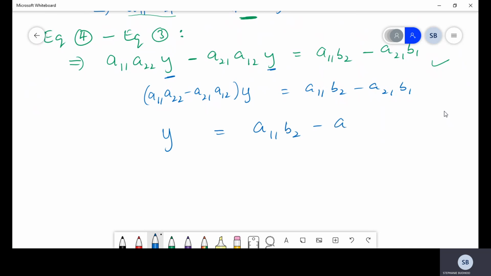A11b2 minus A21b1, divided by, we're going to take that bracket, carry it across, divide both sides by that bracket, taking our time, and we end up getting something like this. Now, it looks difficult at first, and it doesn't exactly look 100% like